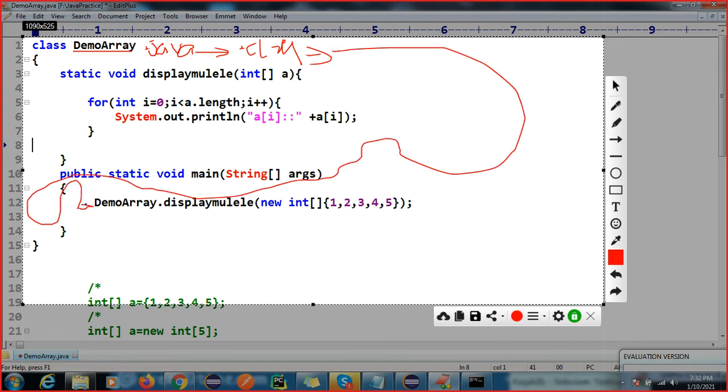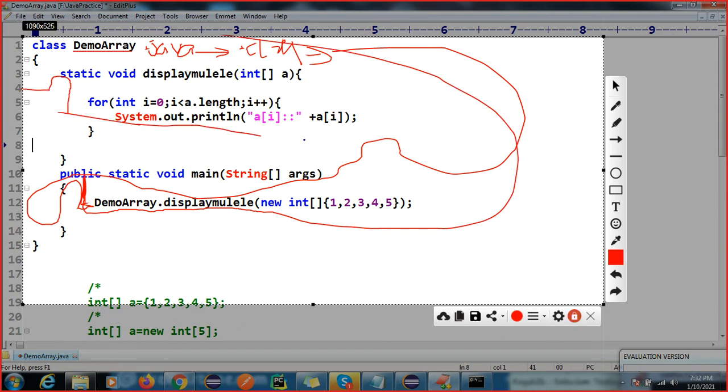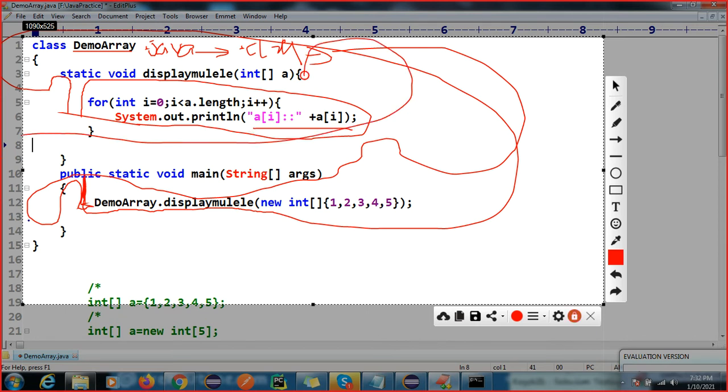Then it goes into this method, which executes from top to bottom. Class name dot, then it goes into this method, and again it checks the condition and iterates through the for loop. The same thing happens here, it prints the value, and control goes back to the main method.